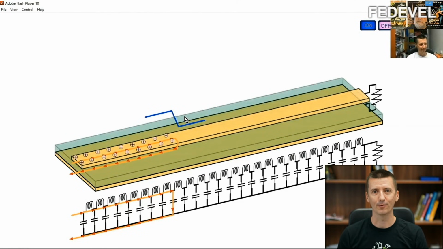In this video, we are going to speak about return currents. I wanted to create a video on this topic because I can see that many engineers, when they are doing a layout, keep thinking about how to route the tracks, but they completely forget about how the return currents for these signals are going to flow on